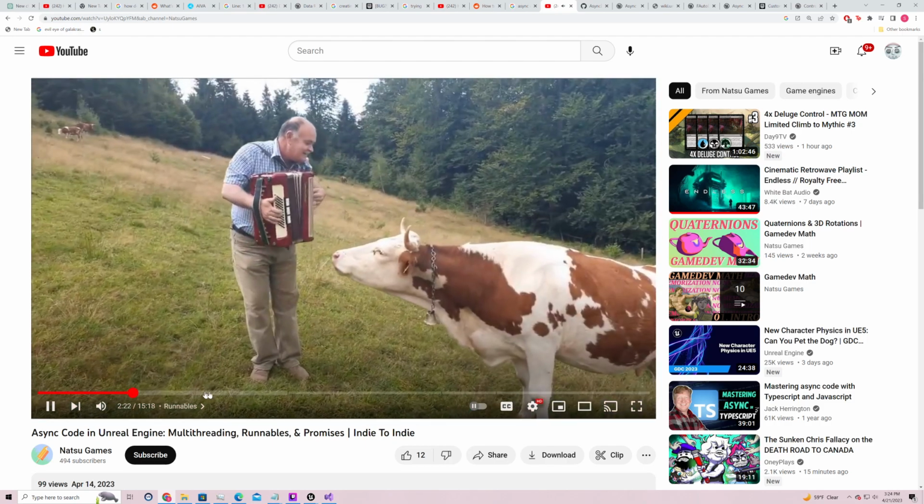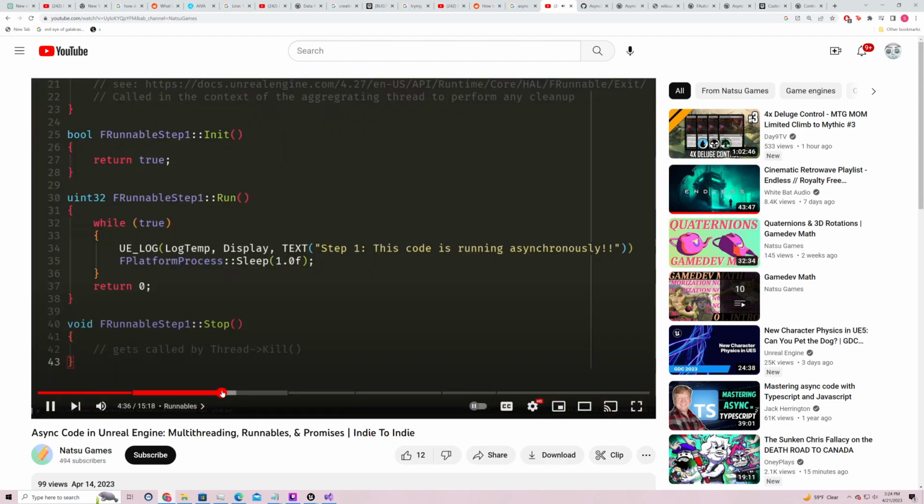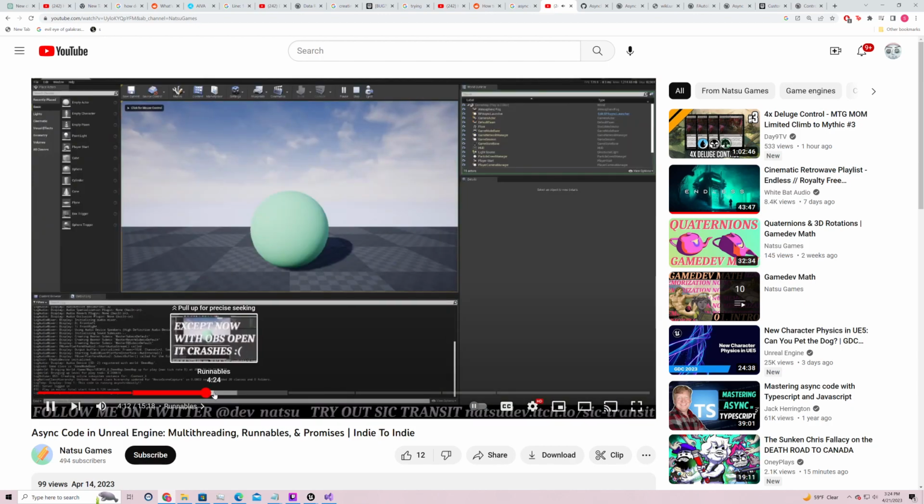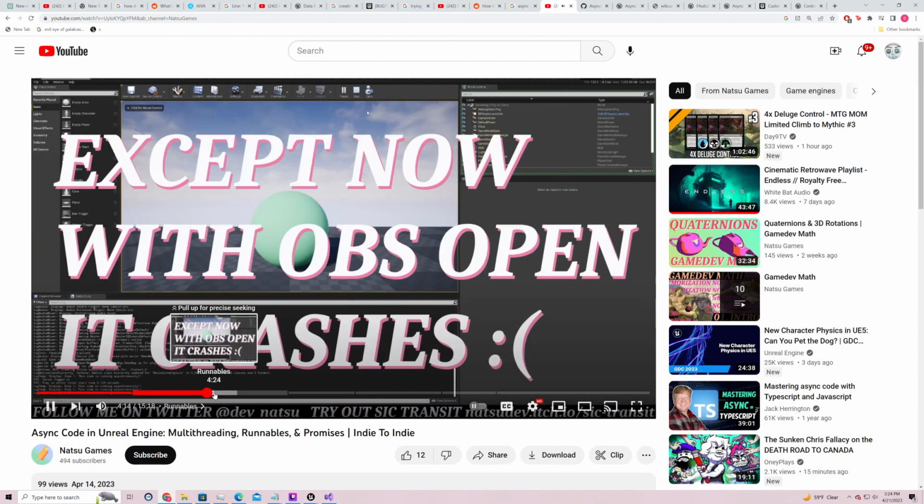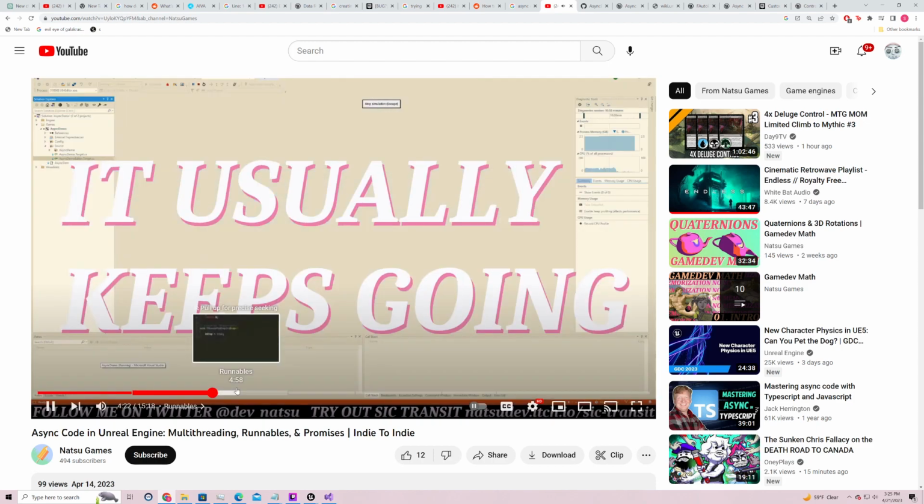So, with that disclaimer, the thread, since run, works. However, when I stop it, we see one problem. It keeps running, even after the actor is fully destroyed. This is a memory leak, and it is not good. We don't want memory that leaks, and it will tank the frame rate. Exactly the opposite of what we want.